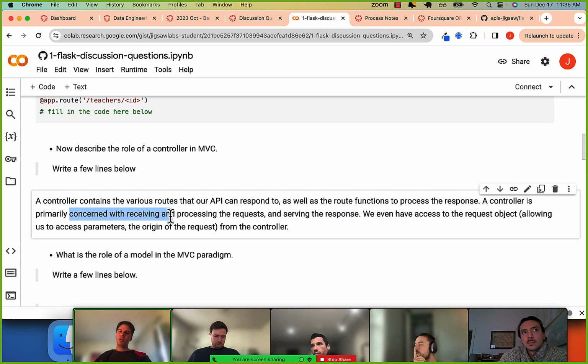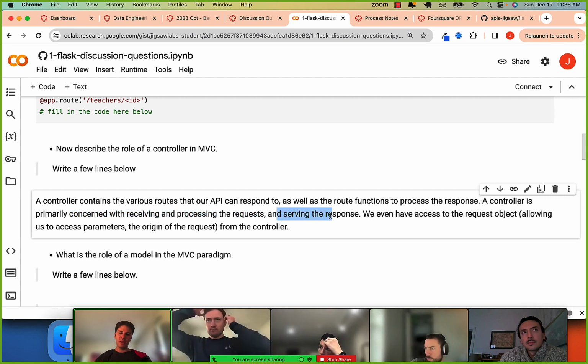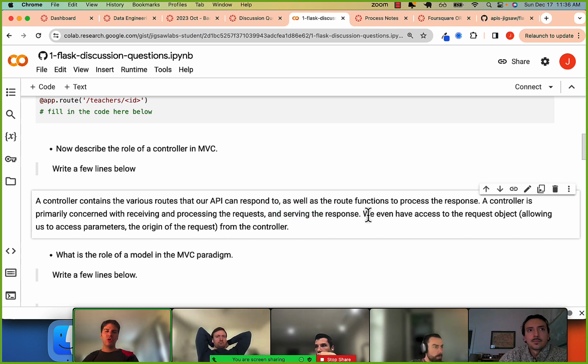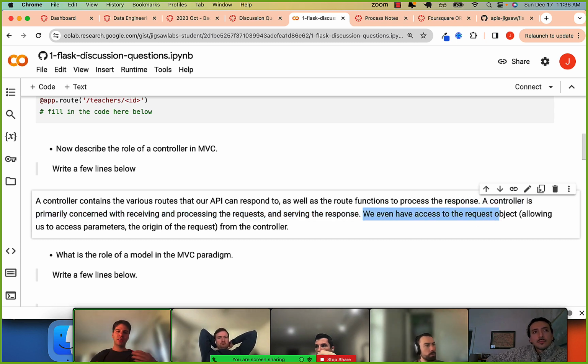So this is probably the main line. Processing or handling, you could say, the requests, and then serving it, that's the word you'll use, serving the response. We even have access, and I'm hammering this home by saying you even have access to this request object, right? Remember,